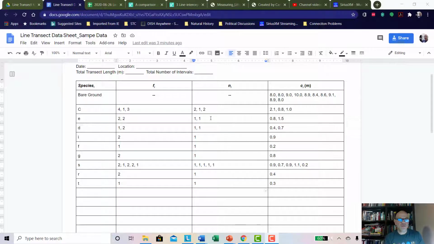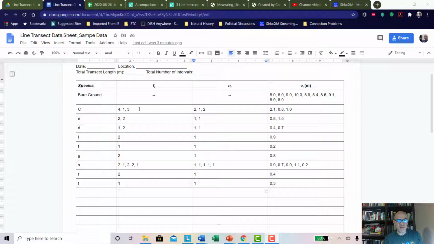So after running the remaining transects and collecting the data, this is what the data looks like. I got a total of 9 species, and those are the numbers that we're seeing. For the bare ground, I think it totaled about 86 meters out of the 10 intervals and 10 transects. It was total 100 meters, so that would suggest a lot of open space, which is what the map looks